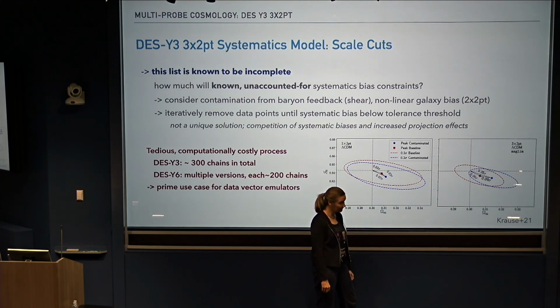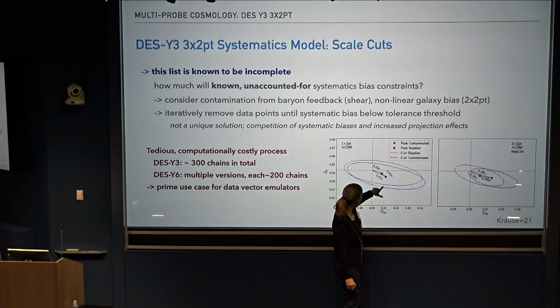Given that the constraint size doesn't really change, why would you even consider adding the contaminated part? It might be more aggressive if you think you can reduce the error bars. I have not shown here that the error bars stay the same. Oh, those are not error bars there, the ellipses? Those are 0.3 sigma regions, but